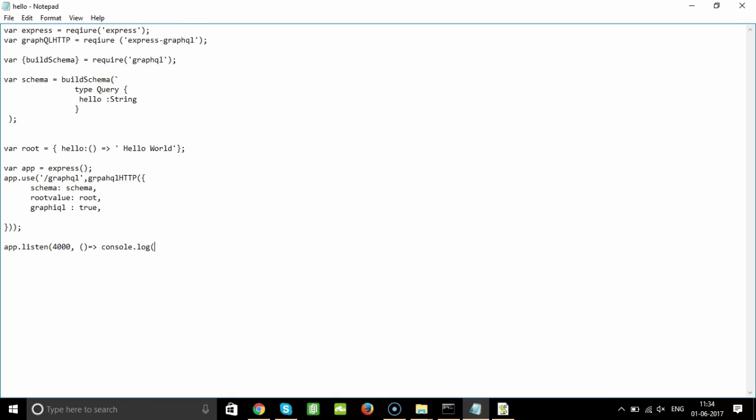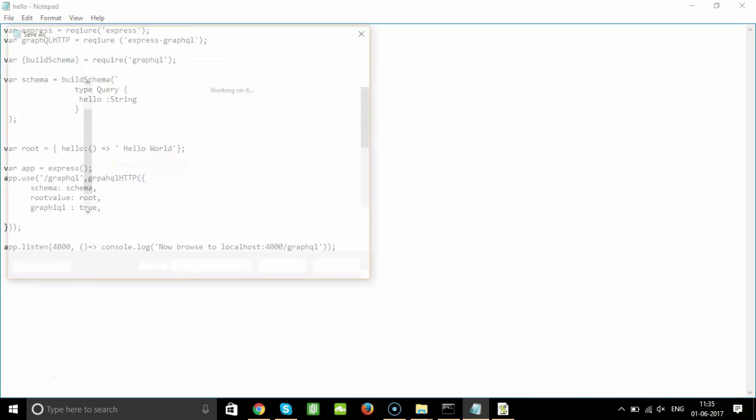If it is running, it should reflect this in a log so that I am able to understand whether it is running or not. Now we got to save this, so we have to give it a name,